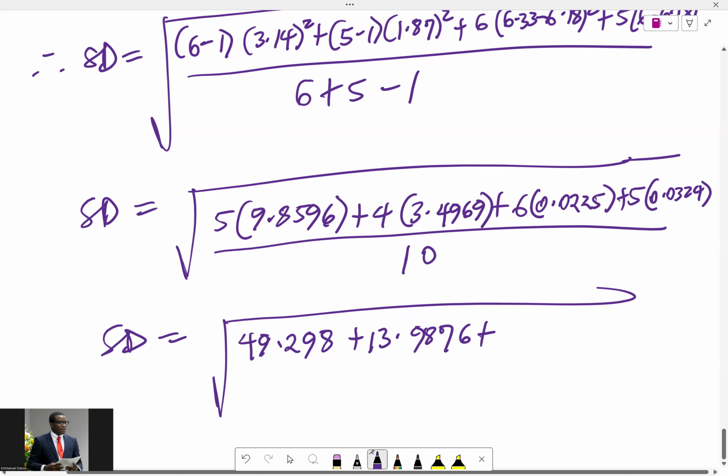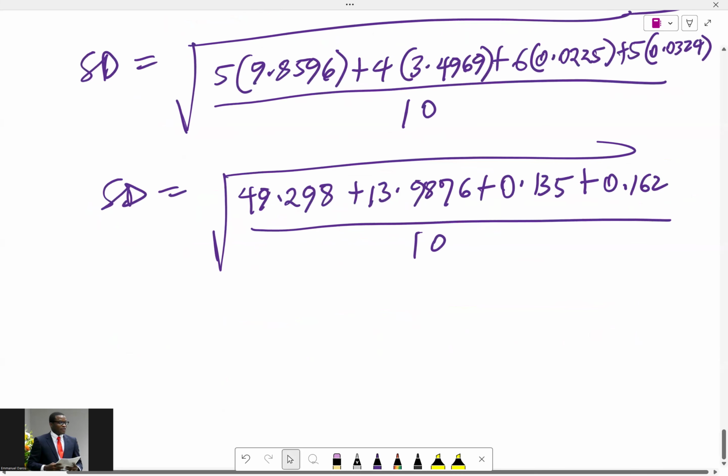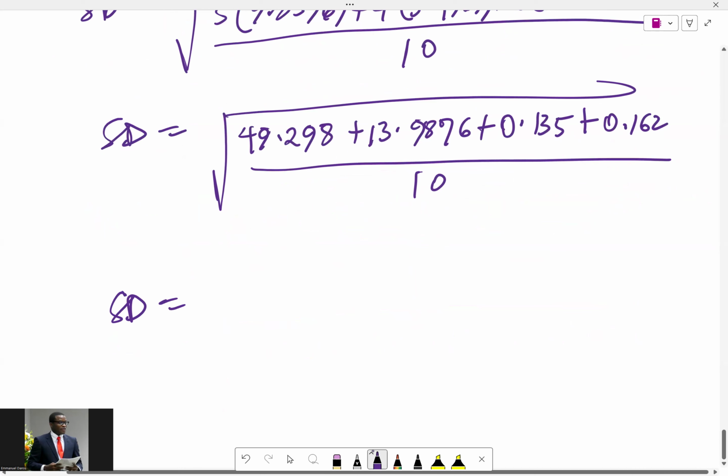That's 6 times 0.0225. That is 0.135 plus 5 times 0.0324. That is 0.162 all over 10. So that SD now is equal to square root of